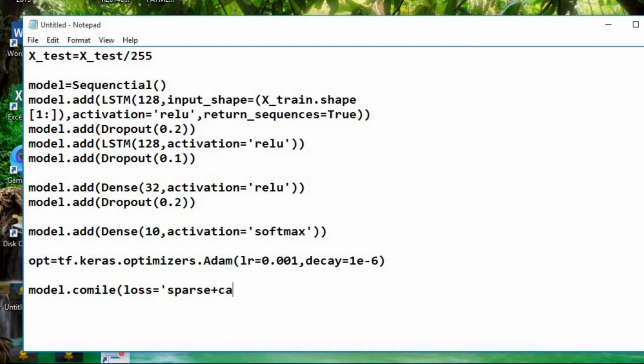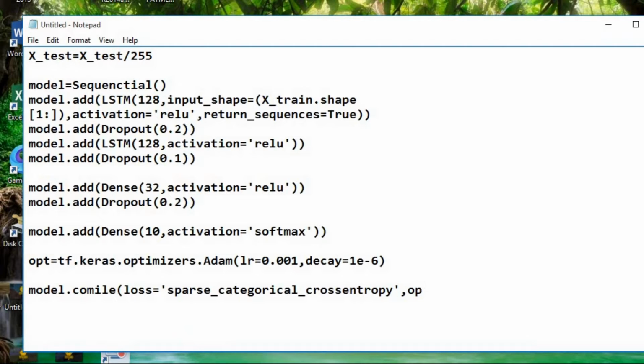Well, decay cannot finally be 0 in practice, so we have defined it as almost the minimum possible value. Next, while compilation we provide a loss.